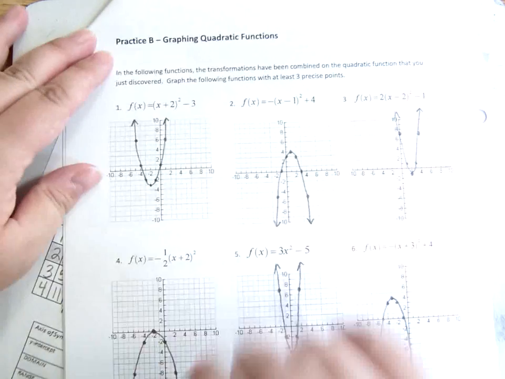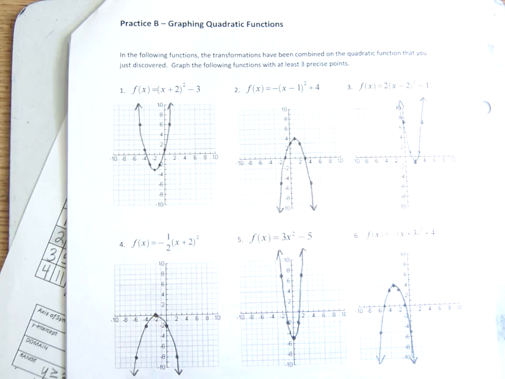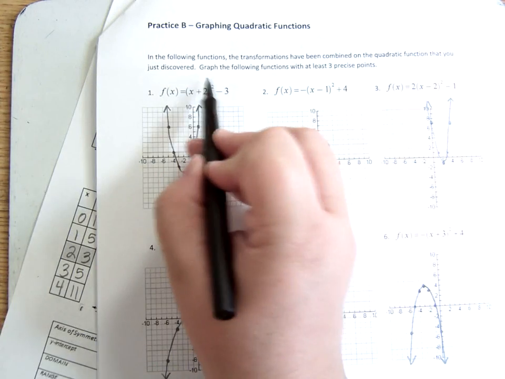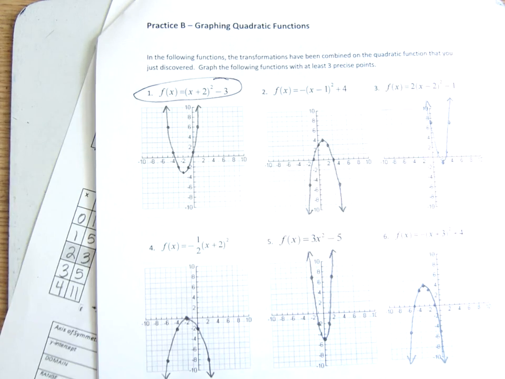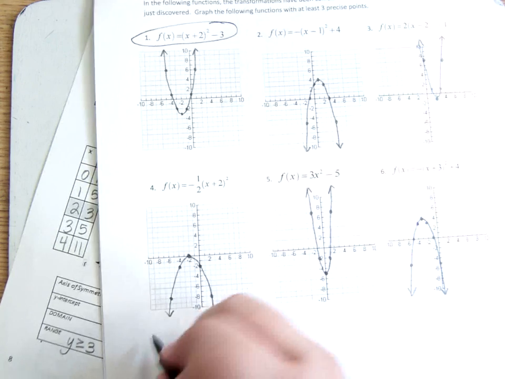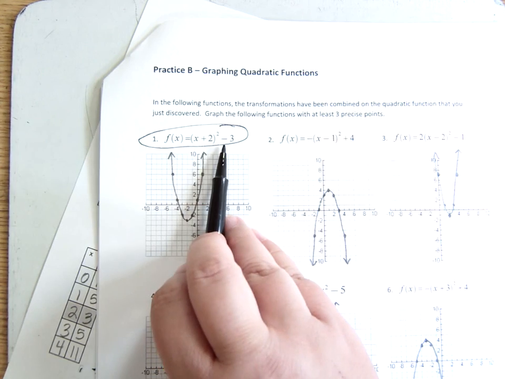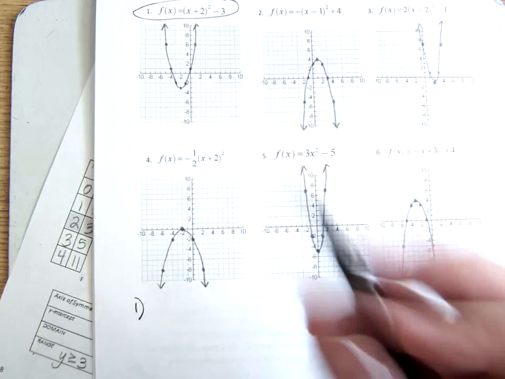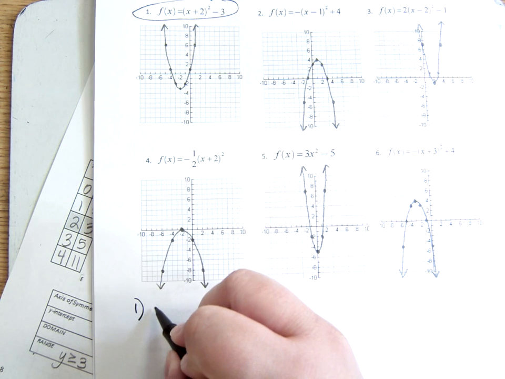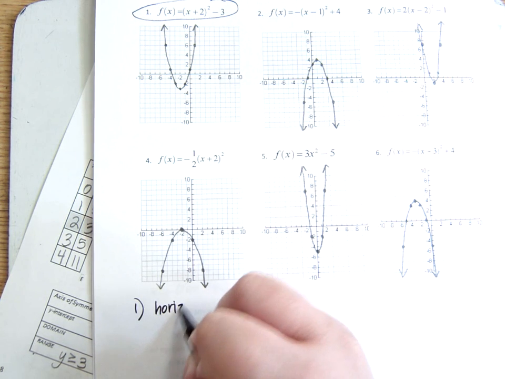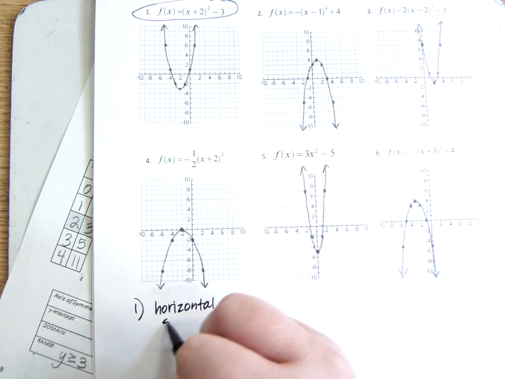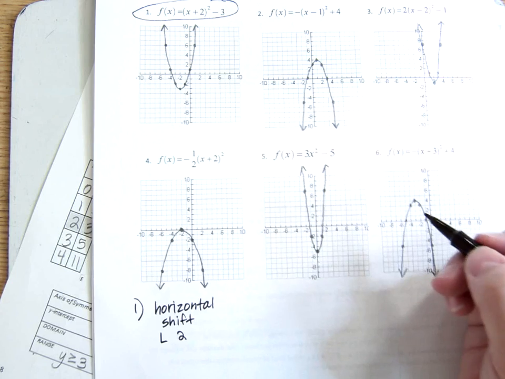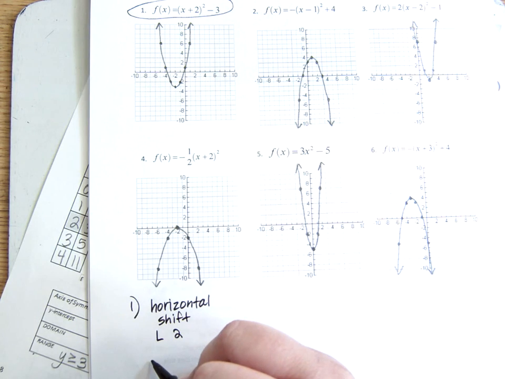So what I want you to do is add to this. You might want to do it at the bottom here, just from looking at the equation, describe the transformations. For instance, for number 1, I would say, and you notice that all we've got is plus and minus in number 1. We don't have any times. We don't have any multiplied by anything, with no negatives. So I would say this is a horizontal shift left 2, and it is also a vertical shift